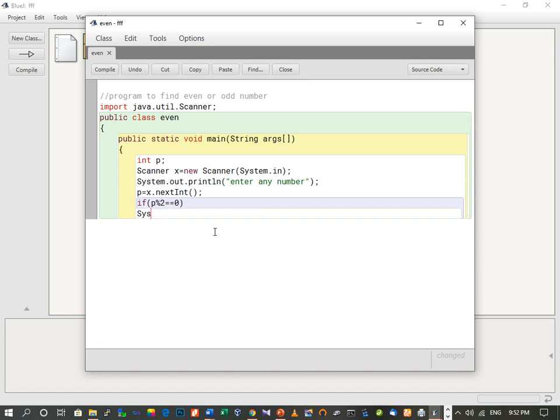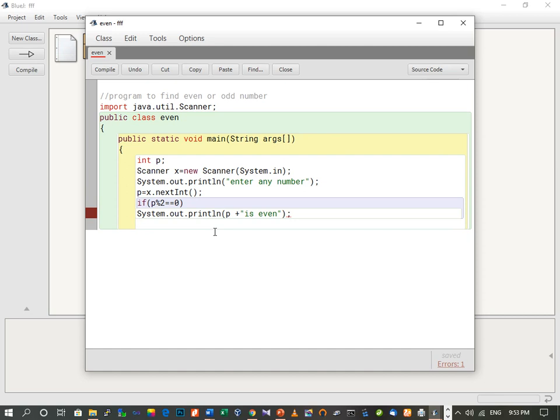So System dot out dot println, we can print p plus is even. P is even, so this will print whatever number the user will enter, as it is even.